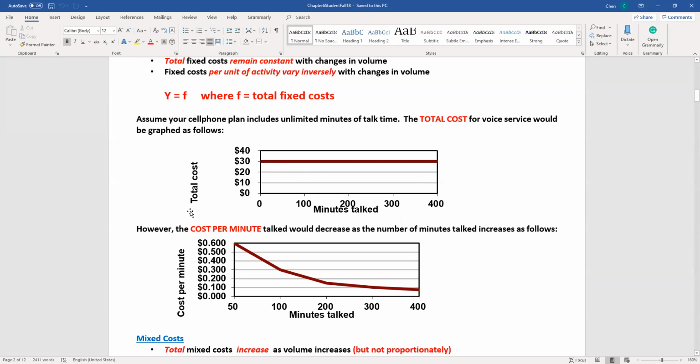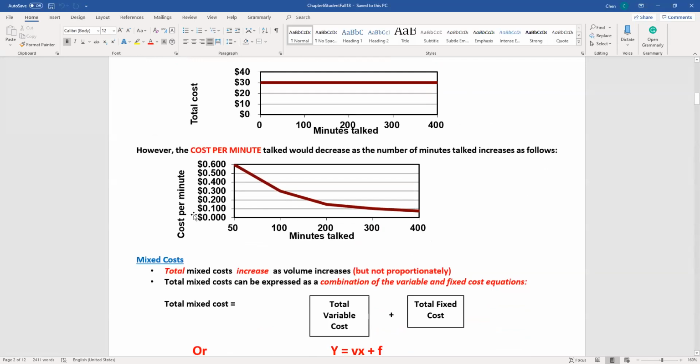So this vertical line is the total cost. You can see that no matter how many minutes you talk, you're going to pay a straight payment of $30. If you look at the second graph, it is cost per unit. The cost per unit talked will decrease as the number of minutes talked increases, as follows. So it's really easy to understand here. For example, if you pay $30 per month,